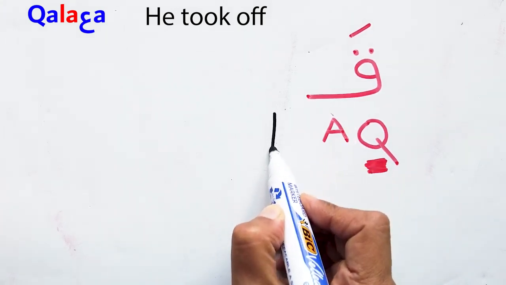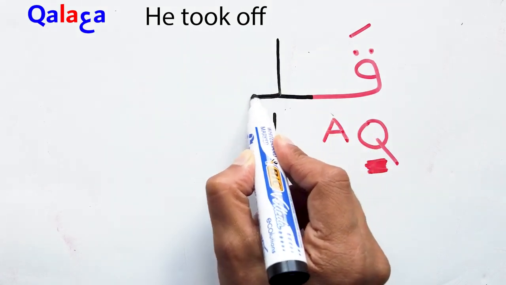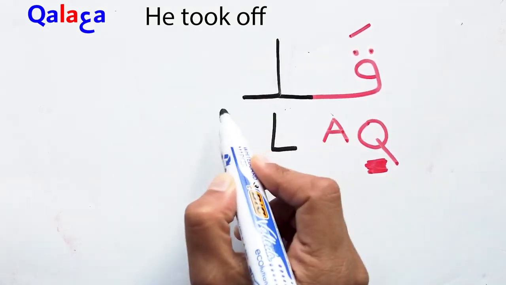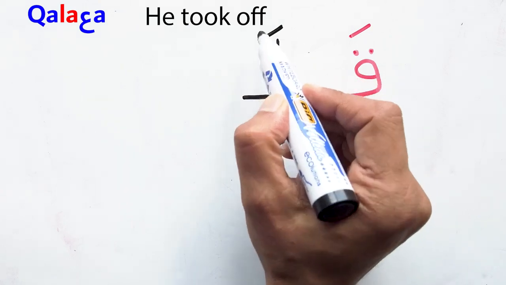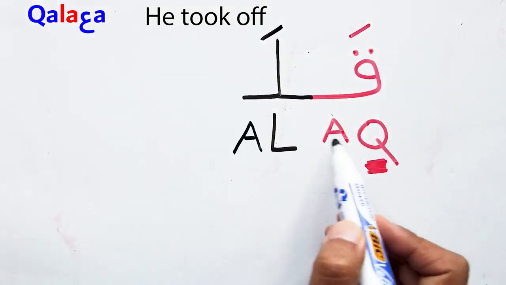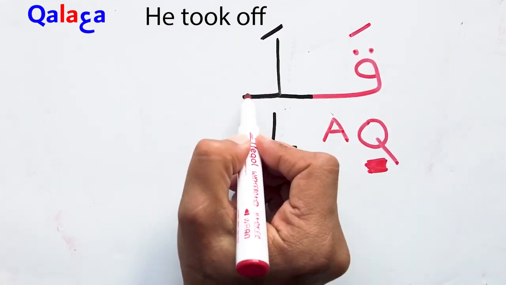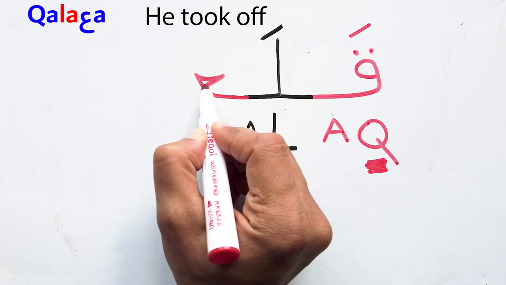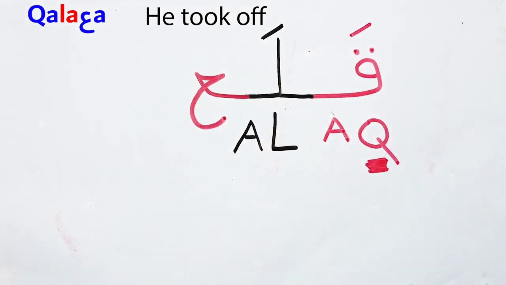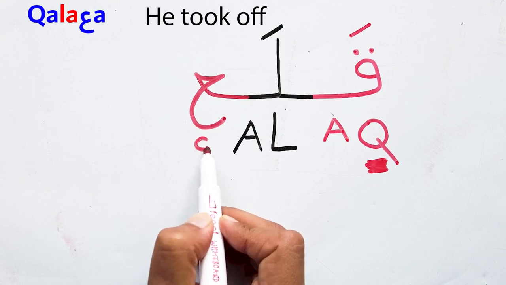Pay attention, I have the sound of L. What gives me the sound of L is this letter. That one sounds like L. And I say le. So I have this mark on the top, it sounds like A. So we have le. And then we have a. The sound of this letter doesn't exist in English, so I'm going to write it as it is here, separated.